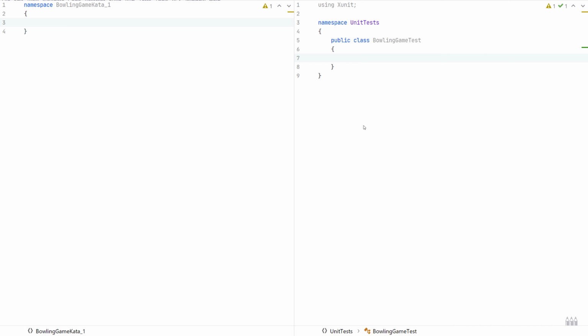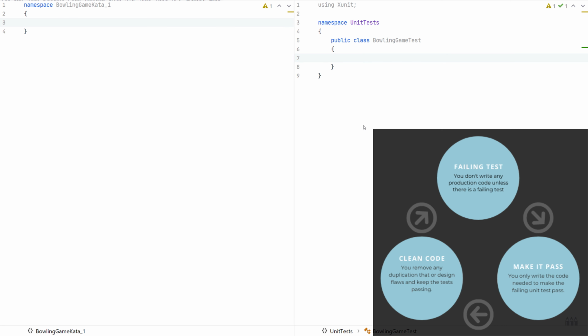So the way that test-driven development works is that we need to start with having a test that fails. When we have such a test, we can write some production code to make it pass. When everything is passing, we can refactor the code, and when everything is still green, we can write a new failing test before we write some new production code. So that's the iteration that we go through. Each iteration will be very fast, like half a minute long at maximum. So we will go through this loop quite a lot of times.